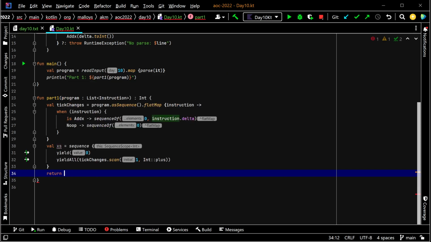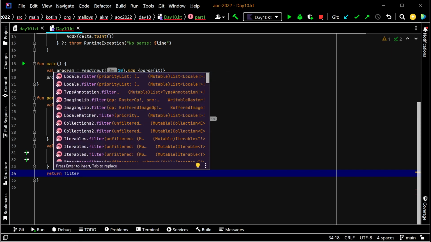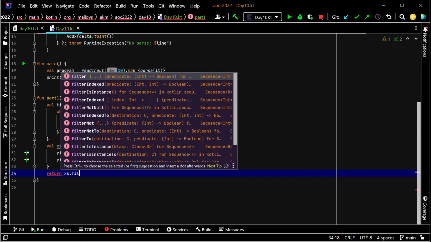Actually, wait, do we have filter indexed? X's dot. Of course we do. Kotlin just has every dimension you could want something on, multiply together all those dimensions, and then just give every single one of those things a function on every object. But okay, this time I want it. So, great. I think I just want filter indexed